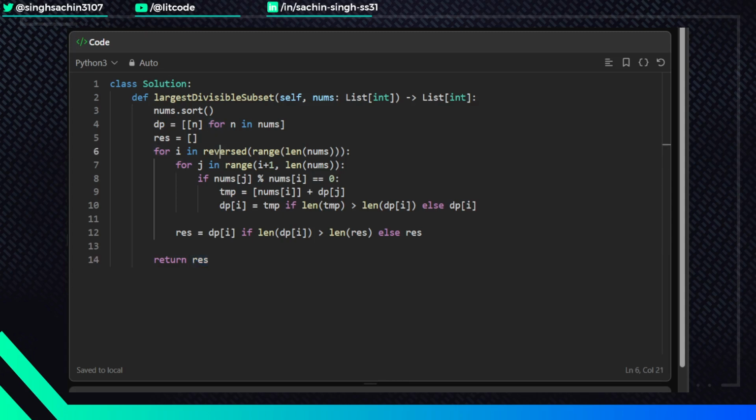Now we have started from n to 0, right? This is what we are doing. We first solved the last element, and then we'll move towards the 0 index. And what we are doing after that, we are checking from i plus 1. So for example, if i is 4, then i plus 1 will be 5 till the last element. If the element at index j is divisible by the element at index i, then we are creating a temporary variable,